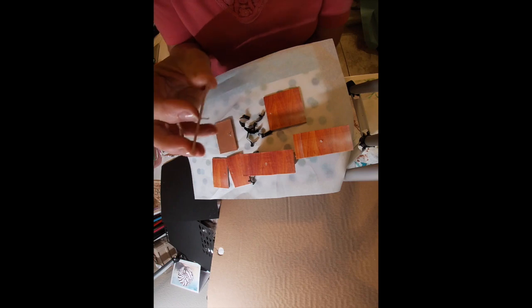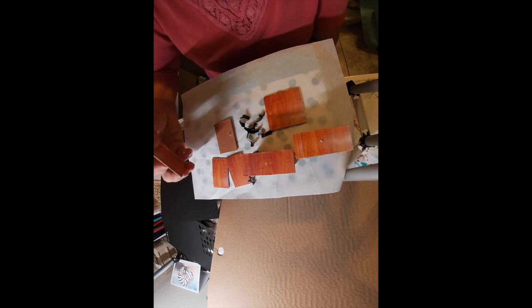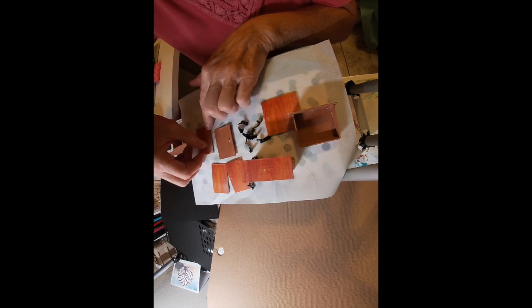Let's see if I can walk you through to see. Hopefully you can see this size. And drilled a hole through the cardstock. So from the back side, my goal is to put the straight pin that's cut off, and then take a cylindrical bead out of my stash here. And if this goes well, we will have our plan in place. So we put the bead on top,